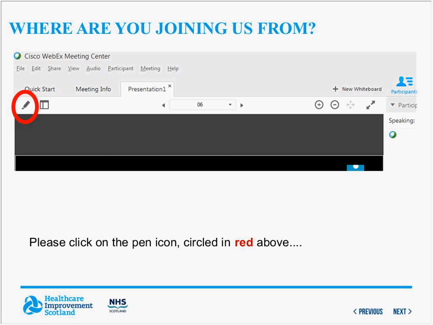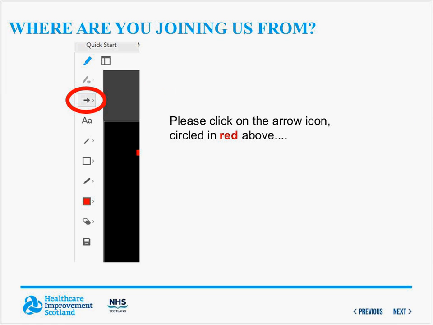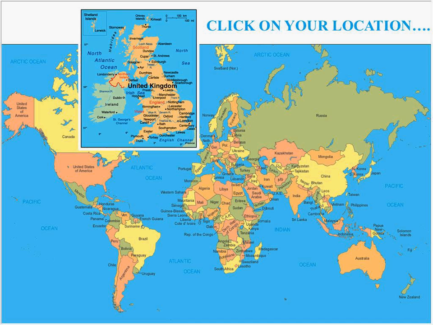So we did say we want it to be a fun, interactive session, and we're aware that we've got people from around the globe joining us today. I should just ask you to click on the map. So if you just click on the pen icon, you can see circled there in red. Click on the arrow to show where you're joining from today.